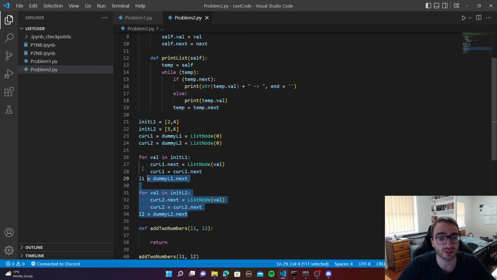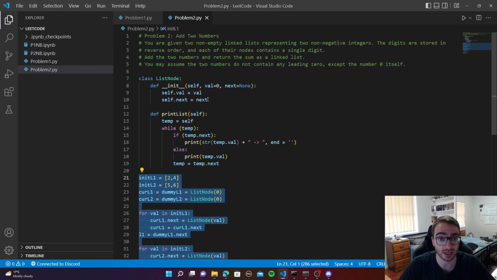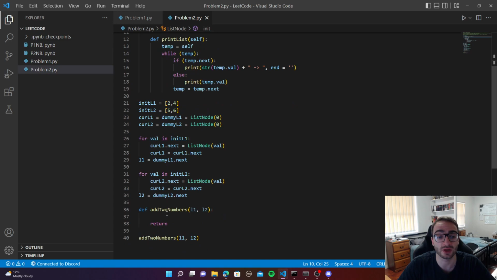Now over here as well, I've created two regular lists, converted them into linked lists using LeetCode's class ListNode, so that I can pass them into the function that I've created over here, addTwoNumbers, and then call the function and test if it actually works. Now we'll fill out this shell for the function. I've defined a function called addTwoNumbers and given it two inputs, L1 and L2,